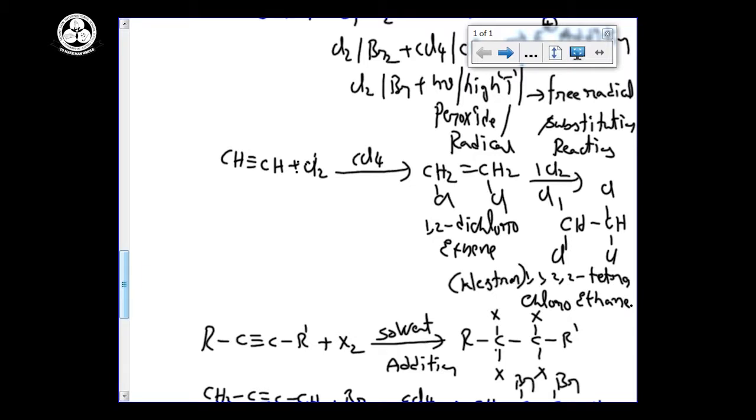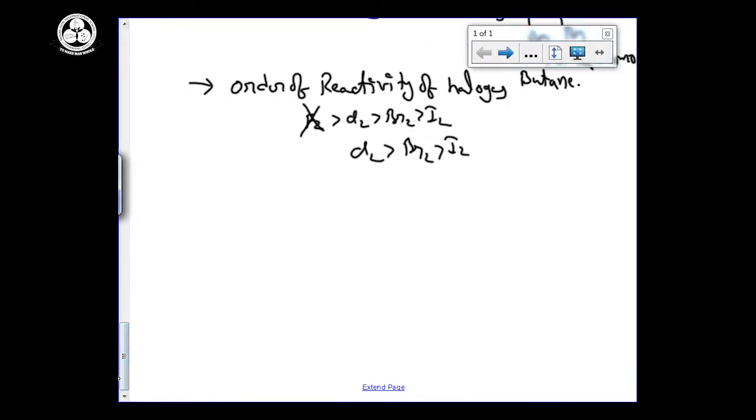One common name for that one is Westron. But here the doubt is, for bromination or chlorination added to the higher alkynes, the problem is, if the reaction is stopped at 1 mole, then what is the problem here? Suppose I am doing the halogenation for the higher alkynes, R C triple bond C R dash, but I stop the halogenation at 1 mole.